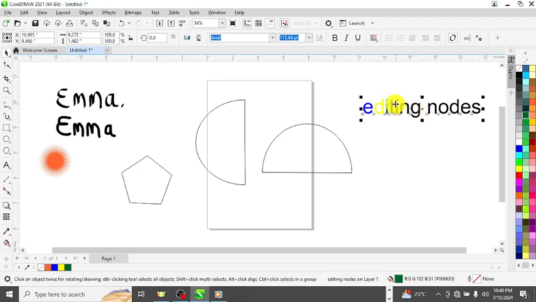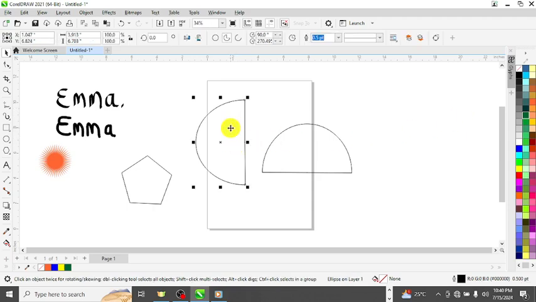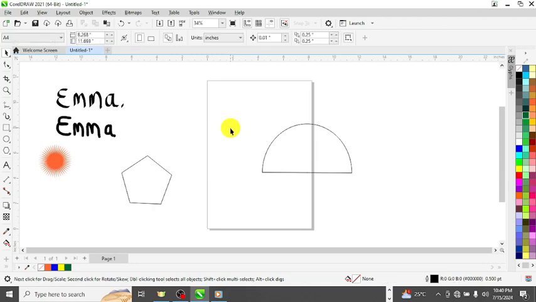For me to delete the text editing nodes, I just press the delete key on the keyboard, so that is deleted. If I want to delete this one, just click on it, because whatever you want to delete, you must first of all select it. So select this shape and press the delete key on the keyboard. Okay, so that's